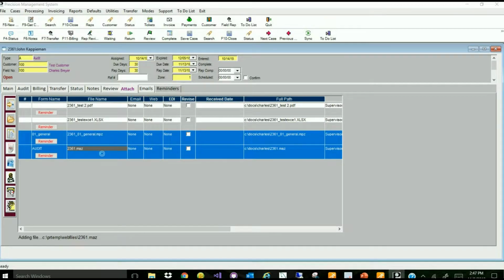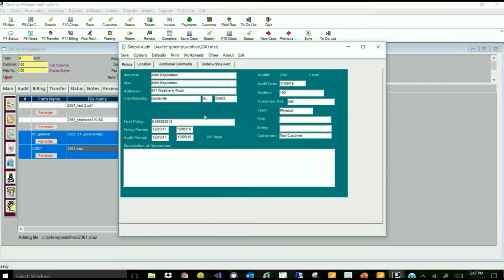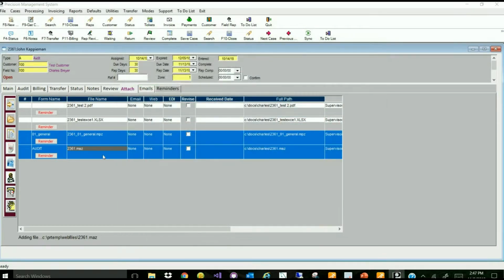Now when I double click on it, you'll see it pop up, and you can see the spell checker is still working. I'm going to exit out of there,